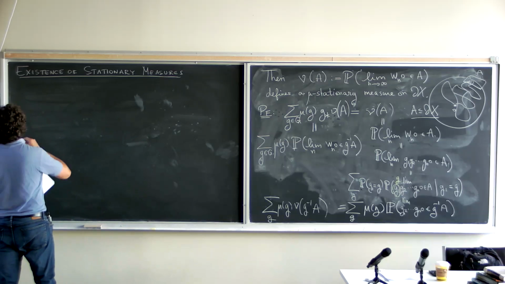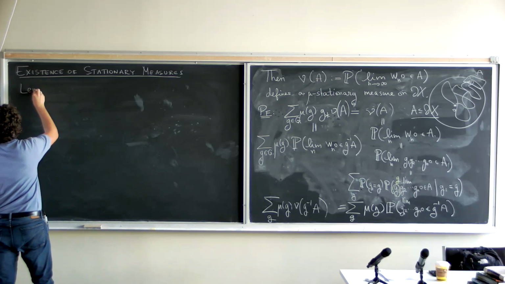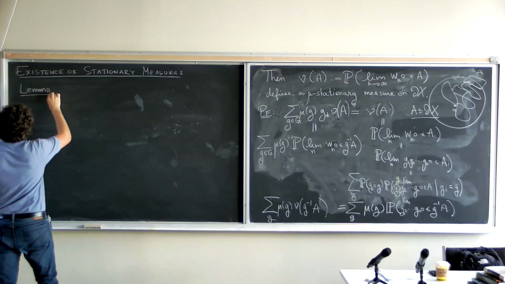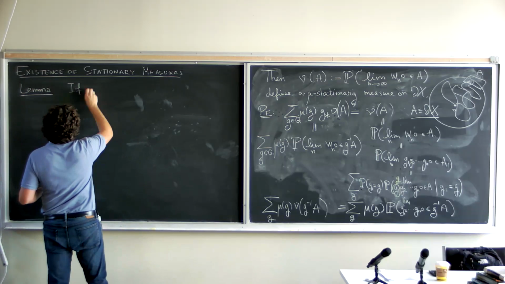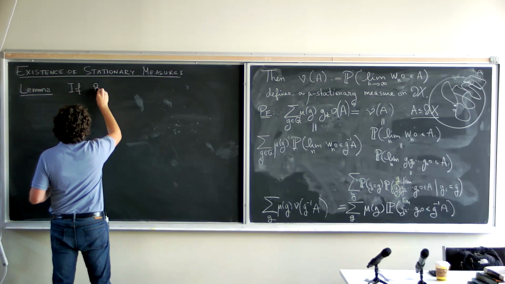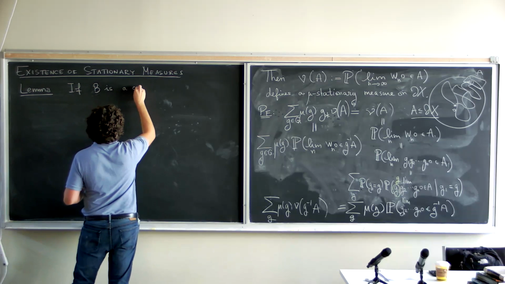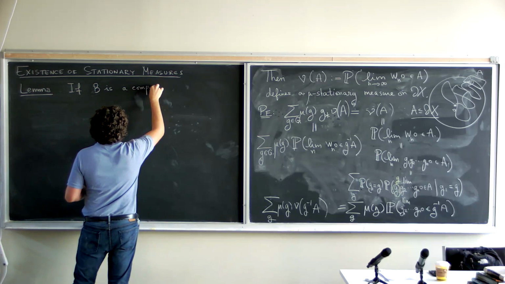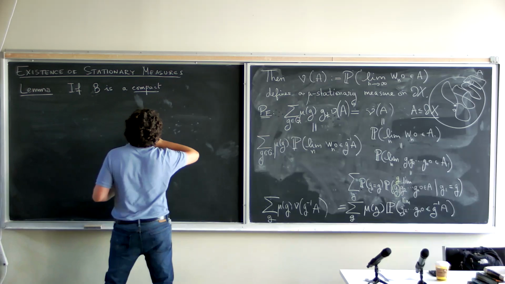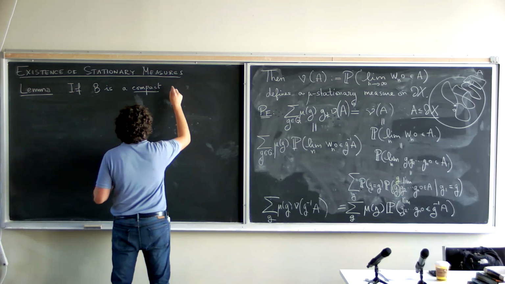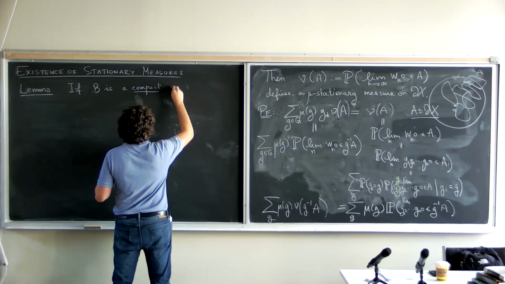So here's the most important lemma: if B is a compact, and you see here's the metrizable assumption, compact and metrizable metric space,